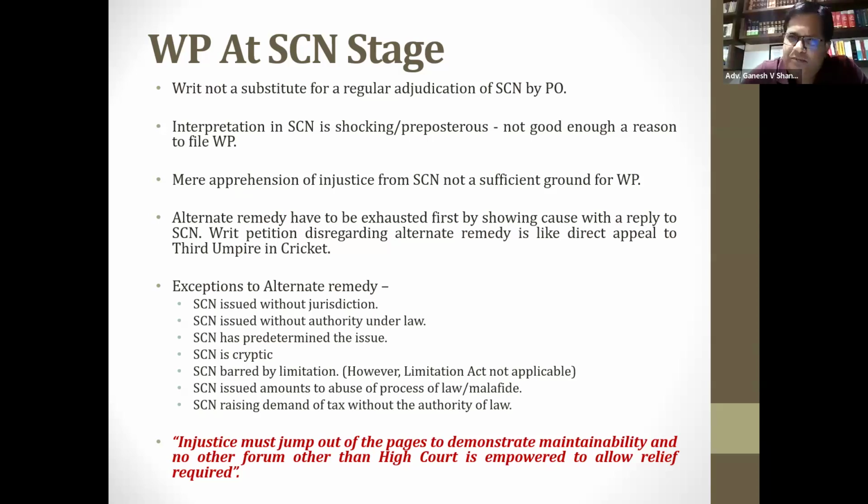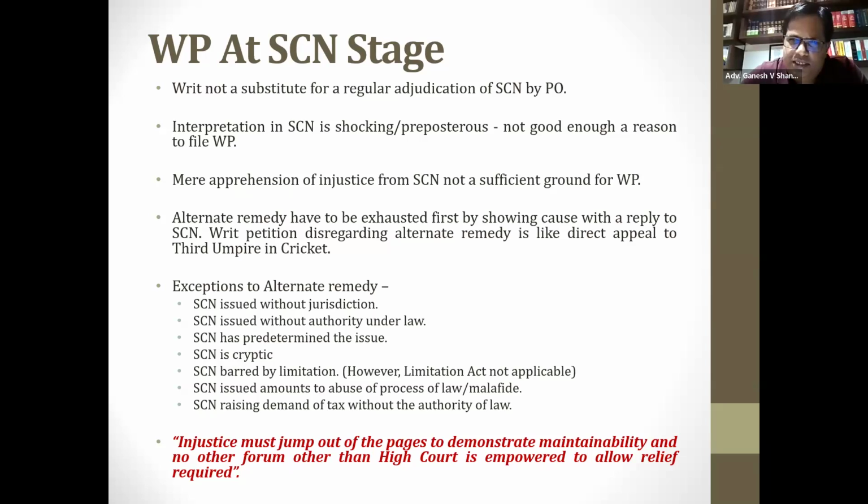And in my own example, Jatin sir has stopped me many times from going to the High Court in several matters, where I myself have changed my path and gone for the statutory remedies, and I found I did the right thing. Day in and day out I see a lot of writ petitions, with a lot of effort put in: money, cost, expenses, resources. Finally, the judge says, go to the statutory appeal, whatever statutory remedy is available, go there and do it. Don't come here. This happens very often.